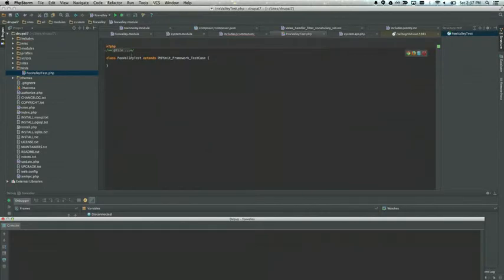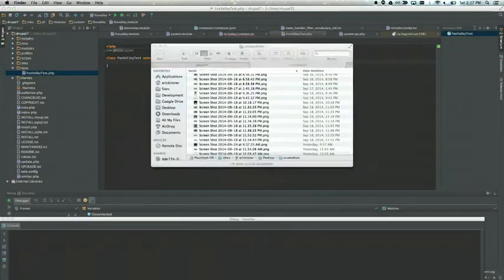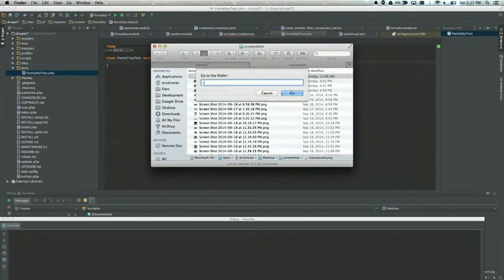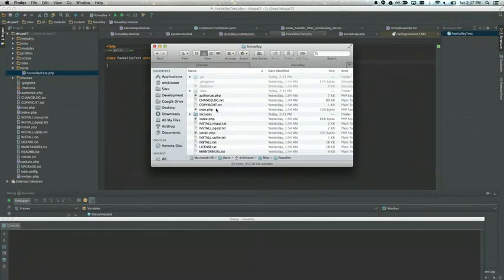It auto-generates this file for me. I'm actually going to copy in some code here. It would help if I could actually read that.